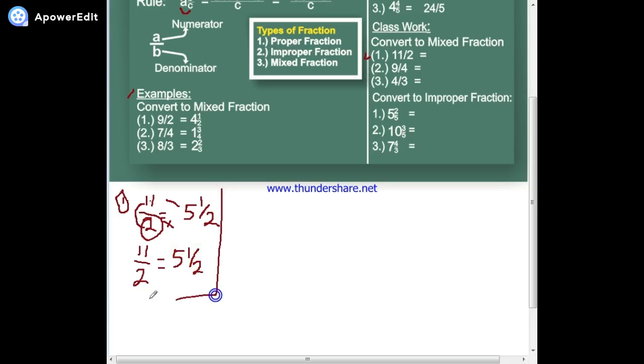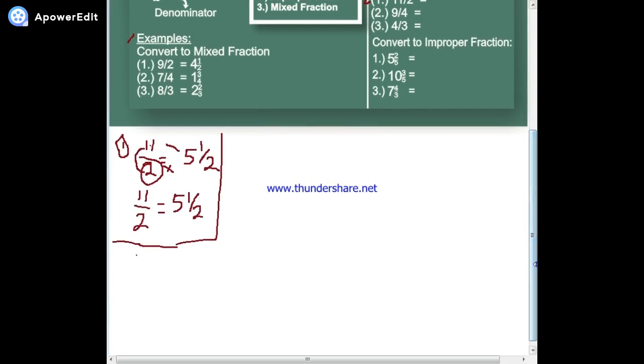Now question 2. Our question 2 will go like this: 9 over 4. How many 4s can we see in 9? That is 2. 2 fours in 9. So that means 4 times 2 here will give us